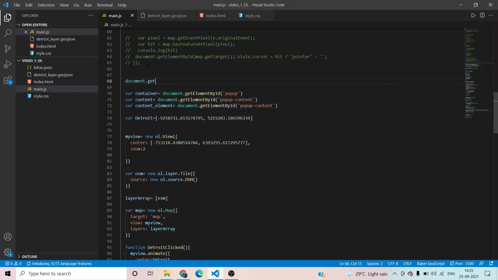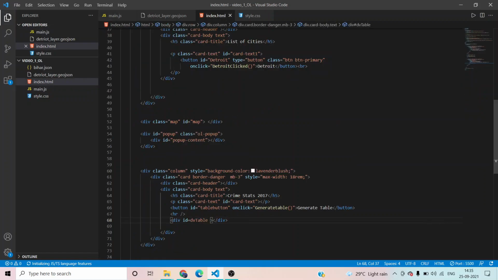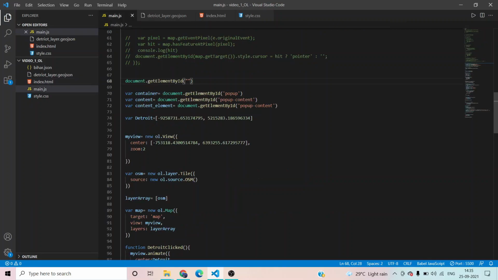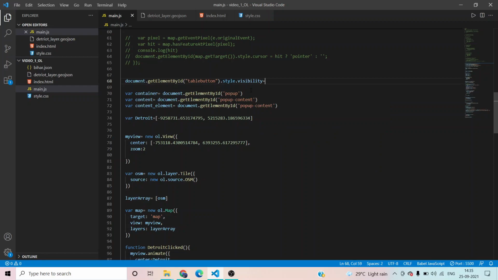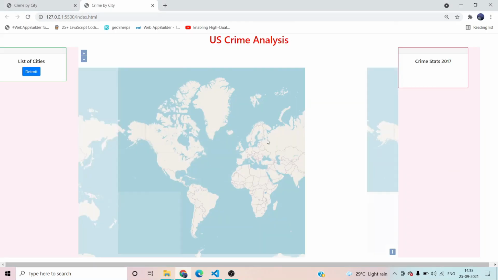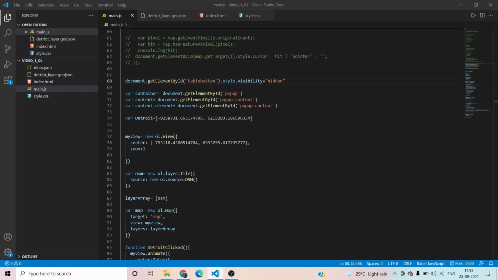document.getElementById, I have given the ID as table button, .style.visibility, let's give the visibility as hidden. Let's see. Cool, the visibility is hidden. Now